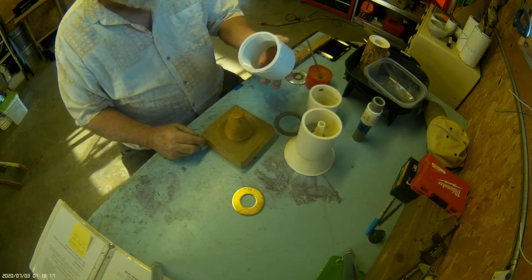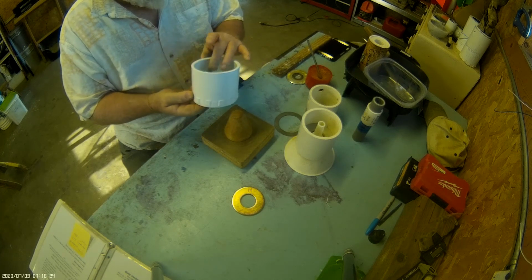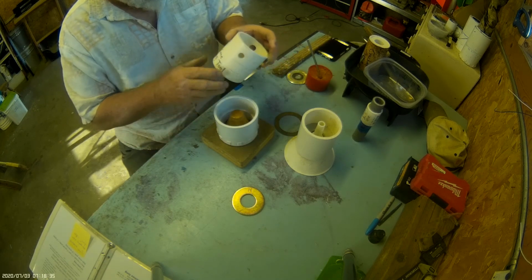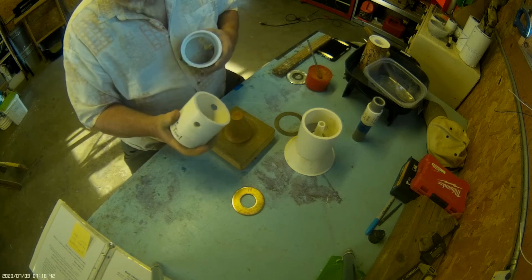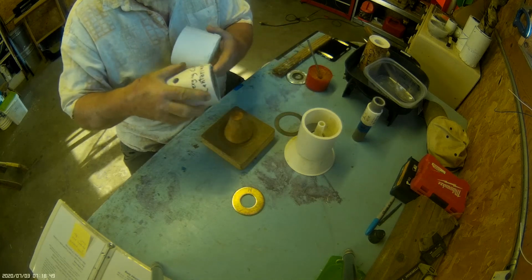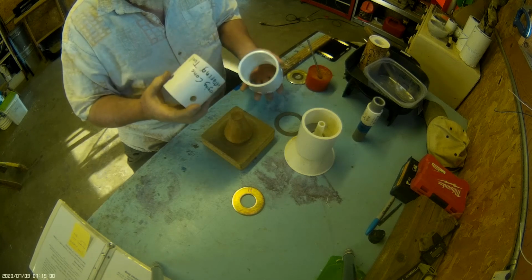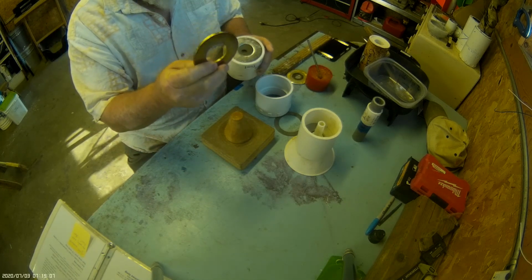The next thing I do is this is a 3-inch PVC adapter, threads on one side and slip fitting on the next. So I place it over the cone, and I have made a centering tool from a piece of 3-inch PVC. The pipe is not a slip fit in there, it's very tight. So if you insert one end into boiling water for 1 minute and slip it into a fitting, it won't bind on you. And that also shrinks it a little,